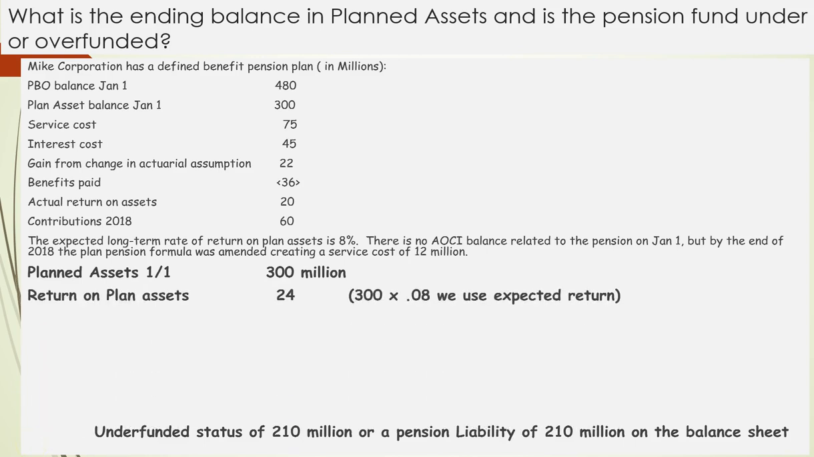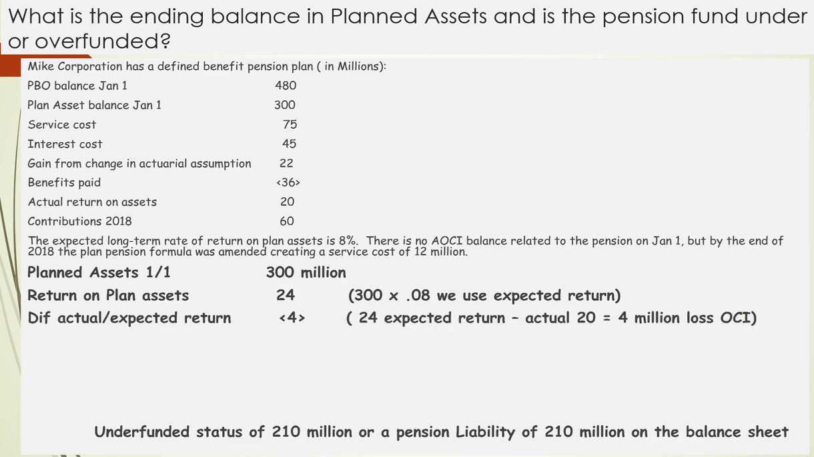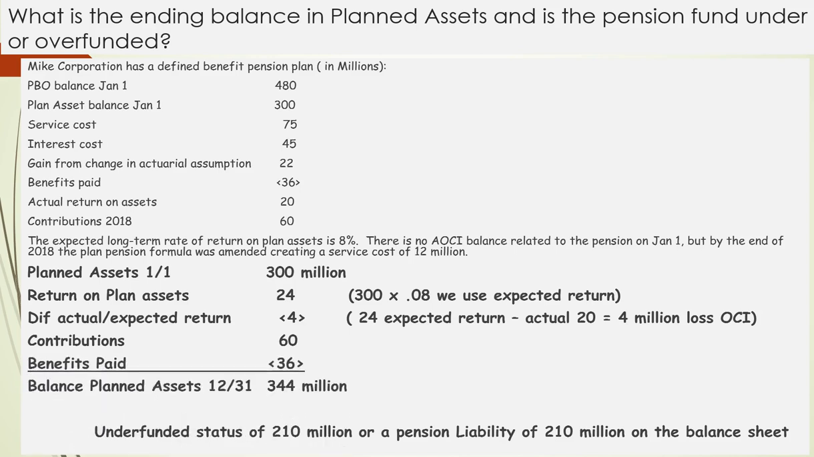We have return on assets, and it is always our expected return, which is 24. The difference of the actual versus the expected, we had actual of 20, we expected 24, so we actually had a loss to other comprehensive income of $4 million. We contributed $60 million, and the benefits paid out was 36, so the ending balance in our plan is $344